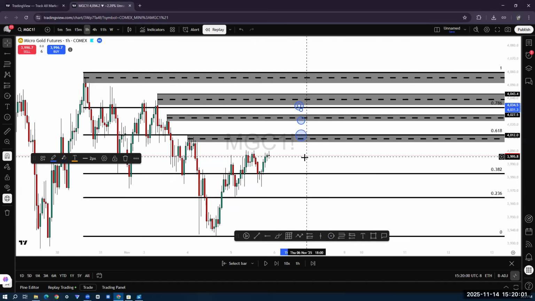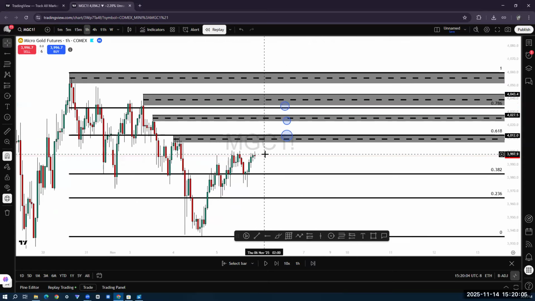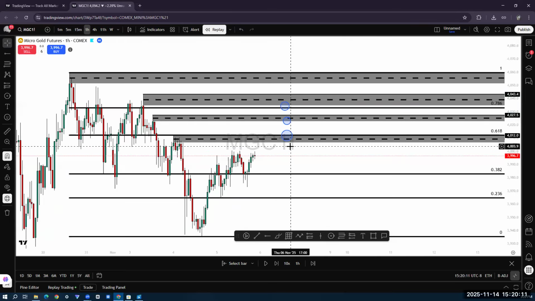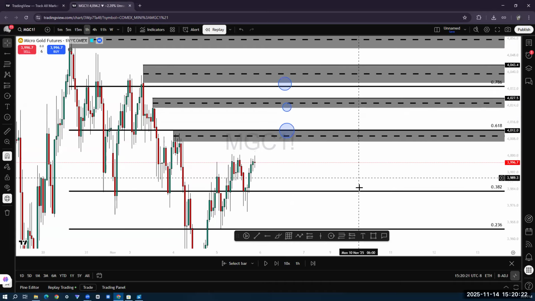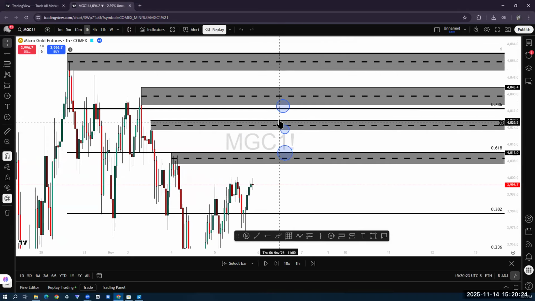Cool. So, what's the earliest entry we can have? If the earliest entry we can have is this one, and you know that you want to sell at your highest point possible and buy from your lowest point possible, but you also don't want to miss out on any trades, and you also don't want to get in too early, which one do you think is the best option? The highest one, the one in the middle, or the earliest one? The one in the middle?